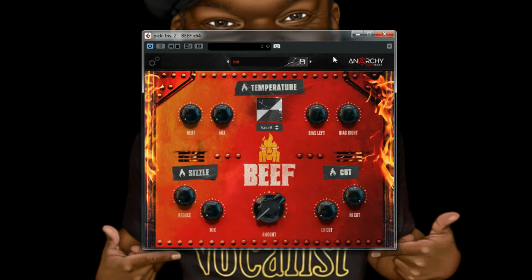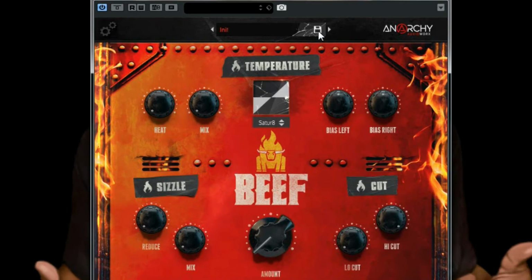All right, so there you have the floppy disk icon where it gives you the opportunity to save it. And I think if you press on here, it will scroll through the different settings that are there. Okay, so let's just stay on the initialized state for now. Okay, so on the top section, from left to right, we have got the heat and we have the mix function. We have a list of waves that we can use, which if I click onto that,